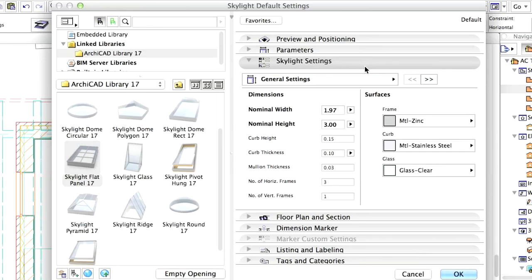General Settings tab page. Number of horizontal frames, 2. Number of vertical frames, 1.